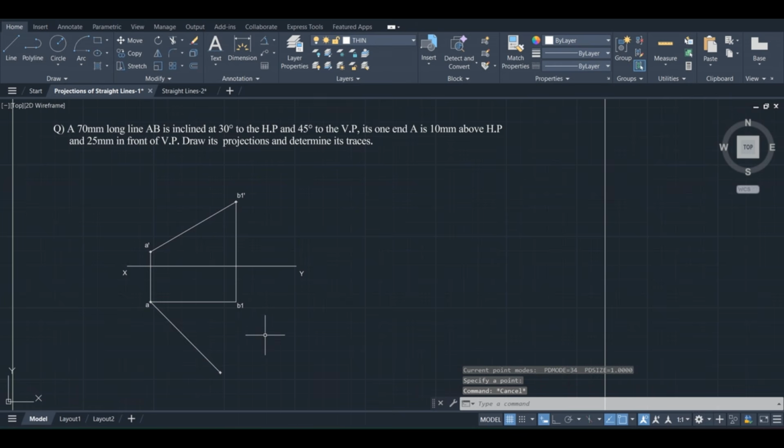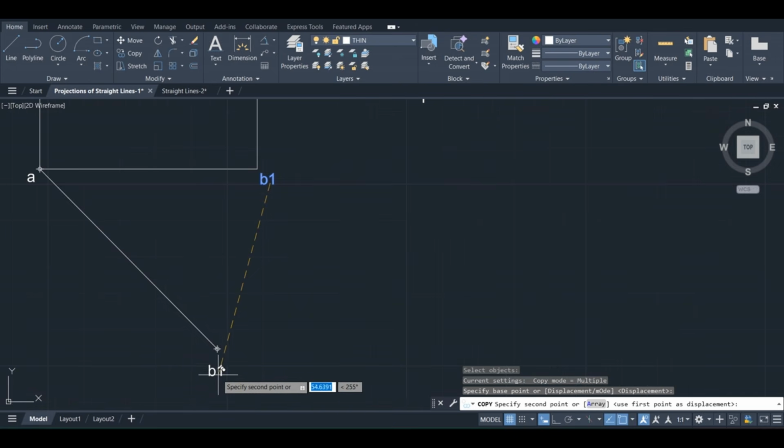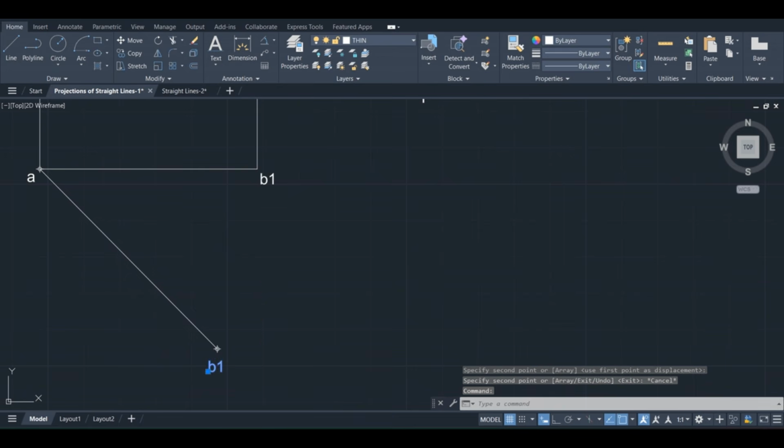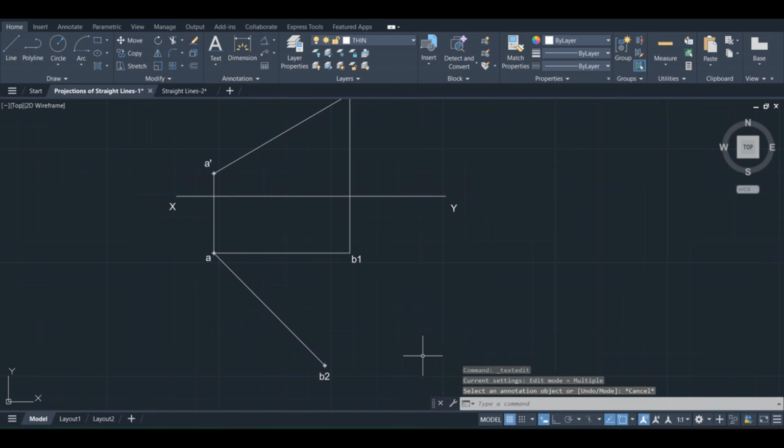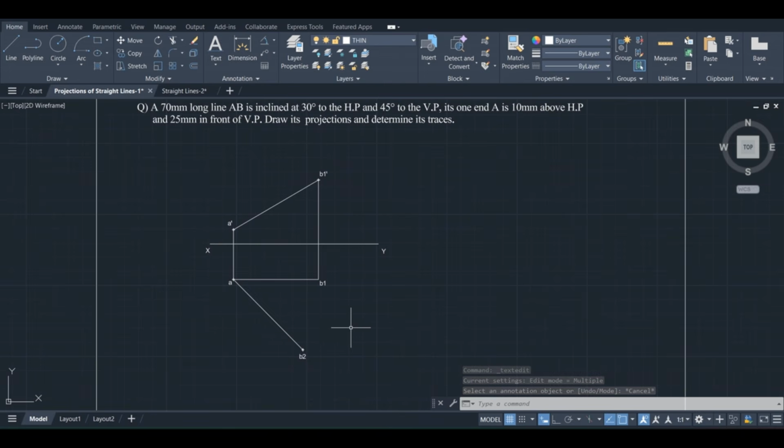This point name is B2. Since it is not the final position of the line in top view, it is the intermediate position of the line in top view. So copy this, select the base point conveniently and place here, edit this 2 as B2. Done. Click outside and press escape. So this is the line in top view, intermediate position.